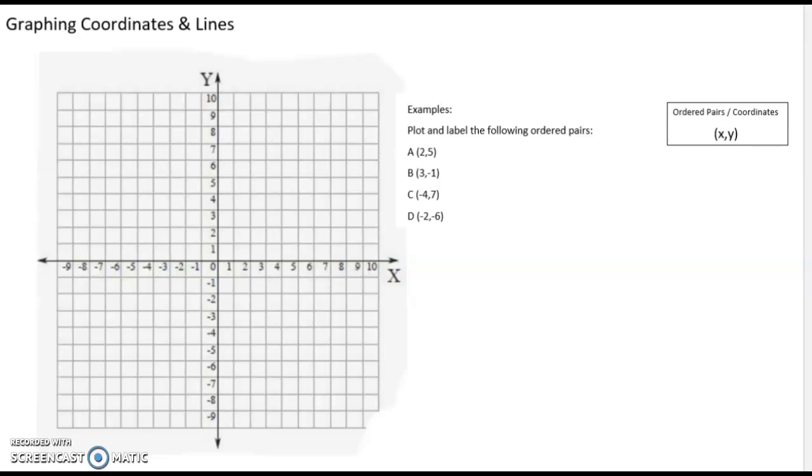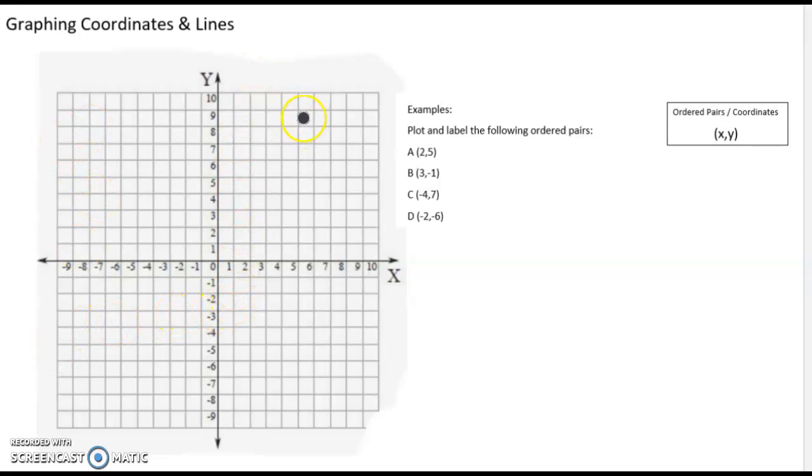Okay, so today's lesson is on graphing coordinates and lines. So when we look at the different parts of a Cartesian graph,